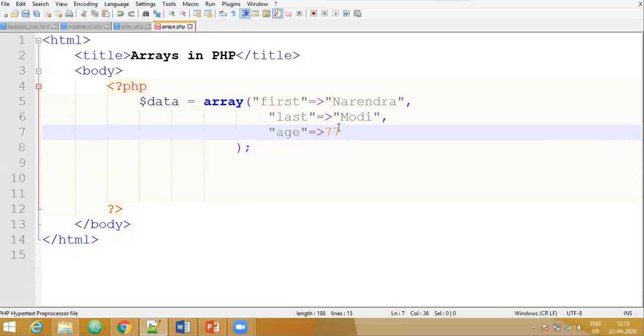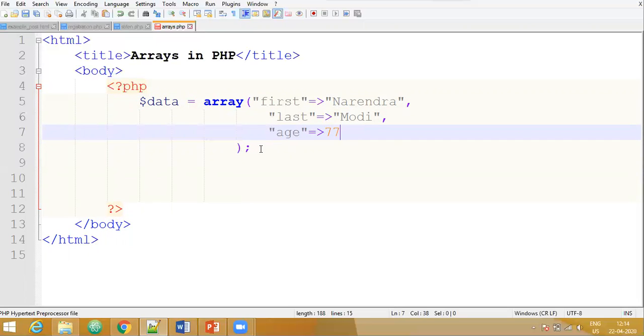So as you can see here, each of the values of an array has been given a name, and they can be accessed with the help of these names, and now cannot be accessed with the help of indexes. Also see the syntax. The last value in the array does not have a comma. Only the previous values have commas. So the last value will not have a comma.